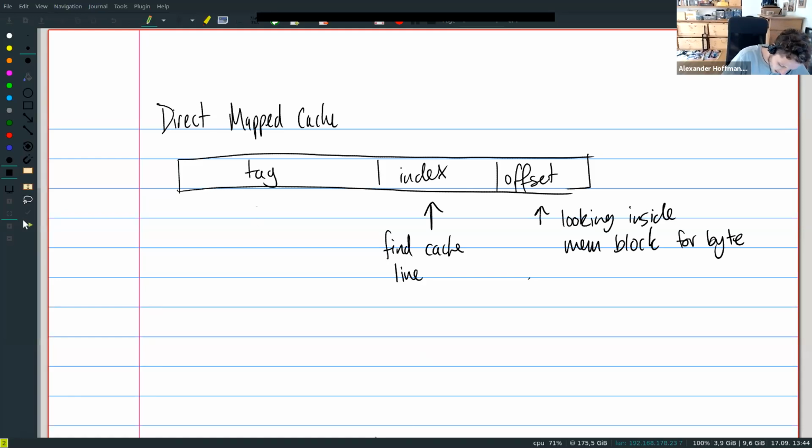And the tag is the sort of ID of the block. You'll see hopefully why I can use this large chunk of the remaining address as the identifier, even though, as you can imagine, more than one memory address in the system will share this portion of the address since it's at the higher end. So the question that I'm going to ask right now is, I have a direct mapped cache